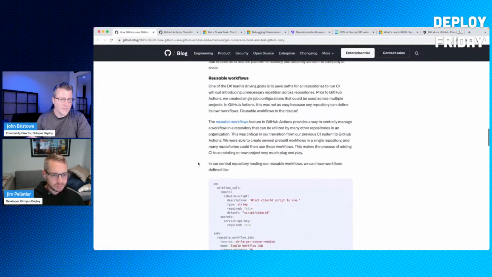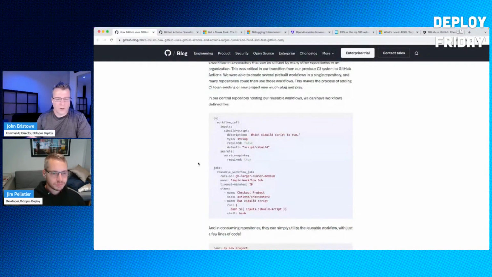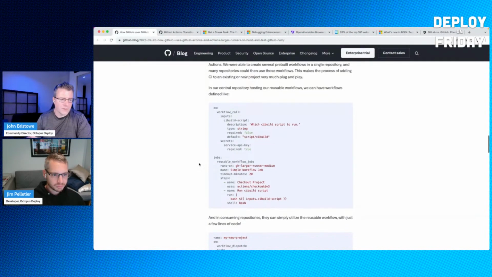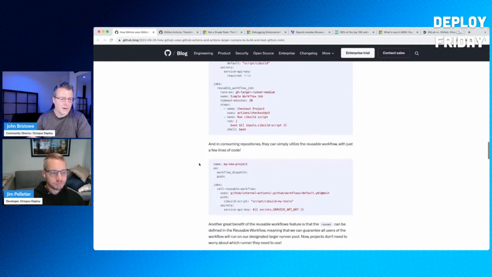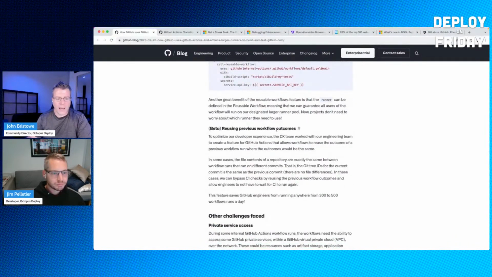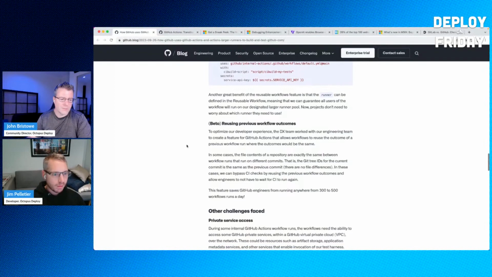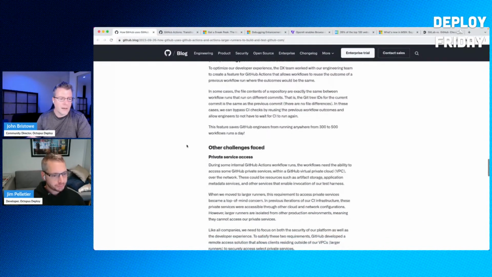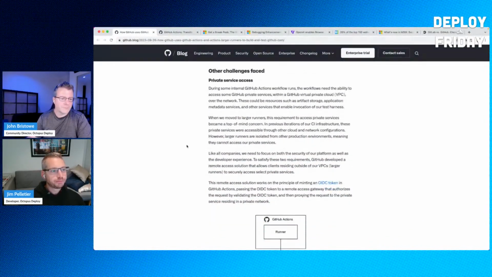Also, when you're authoring your YAML, you don't have to write everything out. You can cite existing jobs, for example. Reusing previous workflow outcomes, so you can have output from workflow runs within GitHub Actions and reutilize their outcomes directly, sort of like a cache value.